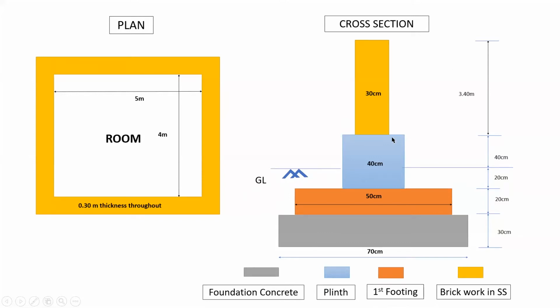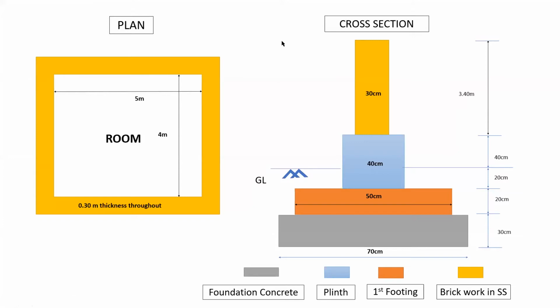So by using the long wall short wall method, what do we need to do? Basically in the last class we have seen the steps required to estimate some quantities by using the long wall short wall method. So what are those steps? What is the first step in calculating the quantities using the long wall short wall method? Can someone say what is the first step in calculating the quantities of each item of work?